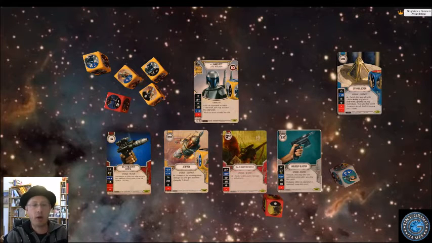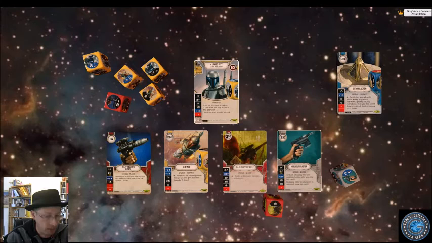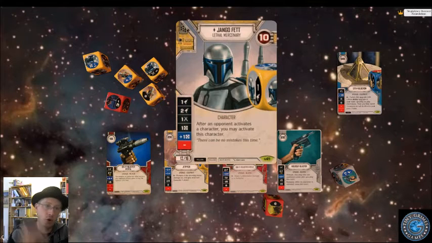Jango Fett is probably the best of the cards that have been spoiled so far. It'll be interesting to see if another character has this ability or if other characters do. But his ability says that after an opponent activates a character, you may activate this character. Notice that this is not an action. You are just doing this outside of the action window. So your opponent activates their character, you roll Jango's dice, and then boom, you get another action,